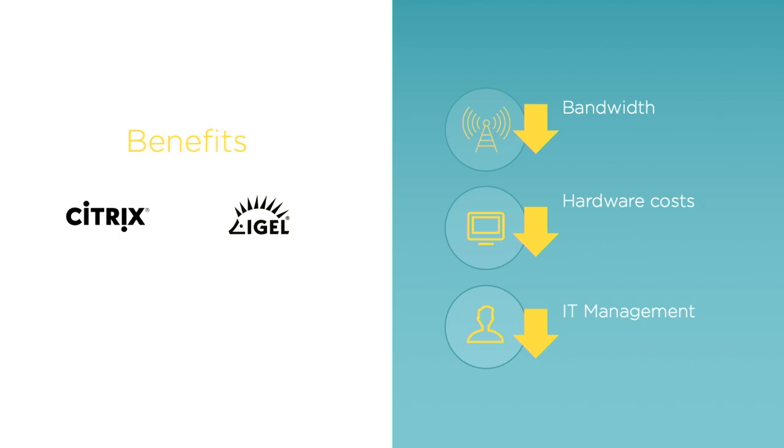Well, absolutely, the benefit as far as networking has been clear. Once we started putting IGEL out there, I moved to almost 100% shared desktop model, right? And so now from some of the contact centers, we've reduced bandwidth pretty drastically, right? It's all just Citrix sessions out of the contact center. And definitely hardware costs, because